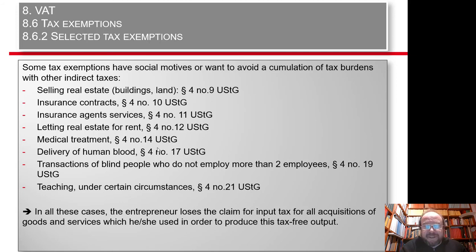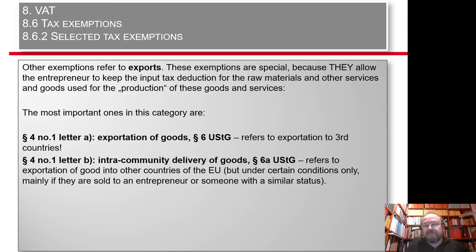Will not help you, by the way. Teaching activities, if they are done by independent persons, could also be tax-free, and so on and so on. In all these cases, these exemptions on the list here kill your input tax deduction. So you don't have to pay, but you don't get input tax